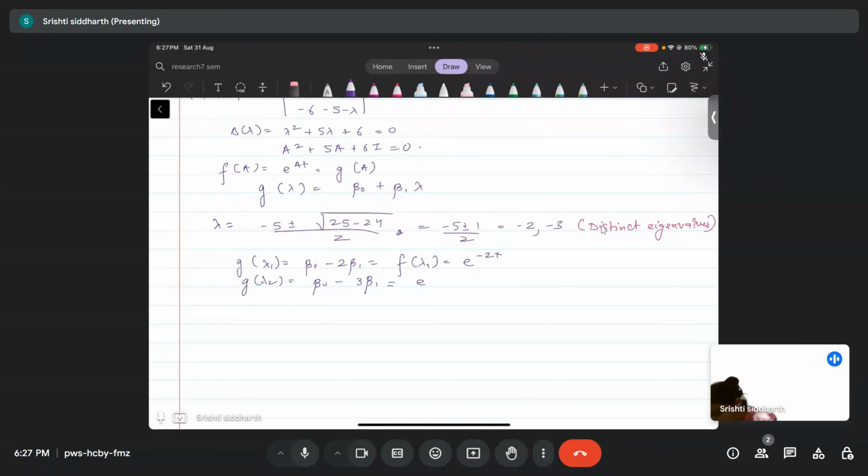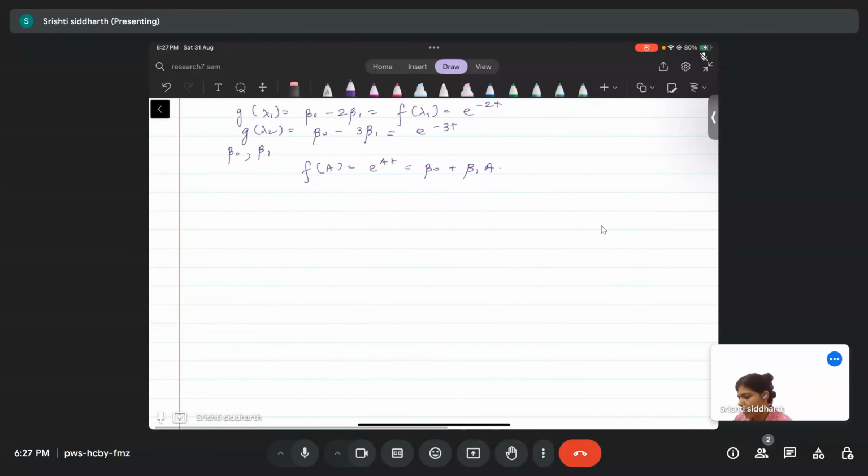This is e to the power minus 3t. So you can find out what beta 0 and beta 1 are and finally compute what is going to be e to the power At. This is beta 0 I plus beta 1 At. Okay. So let's move on to the next topic,